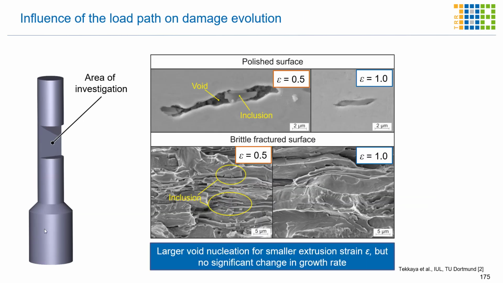To obtain information about the real void distribution in terms of void area fraction, the extruded parts have been cut, then polished and etched, as shown in the area of interest, and especially the area on the central axis has been measured. And as you can see on the right hand side, with extrusion strain of 0.5, we have some voids which are embedded in the manganese sulfide